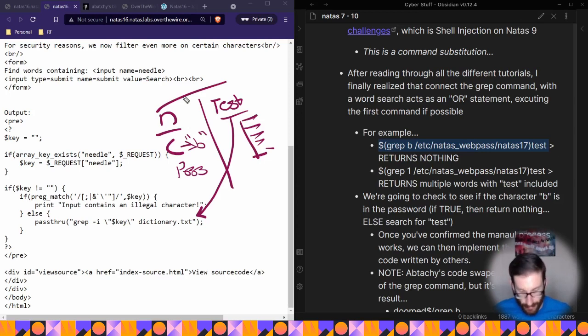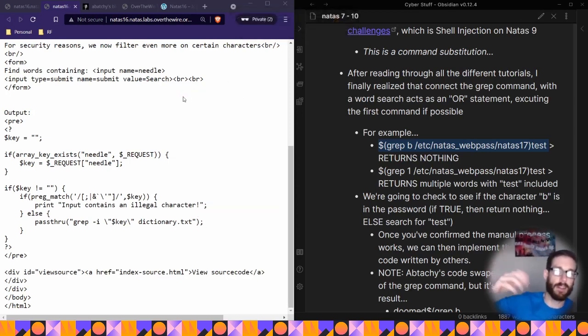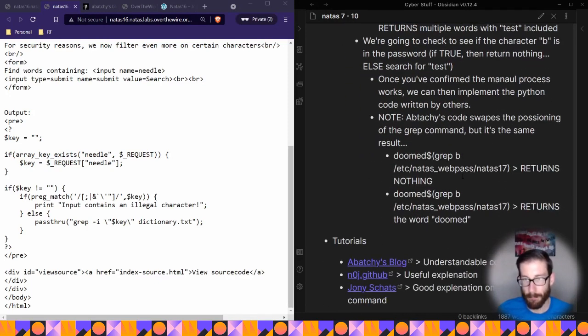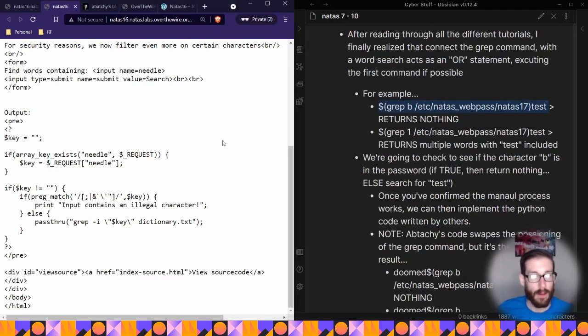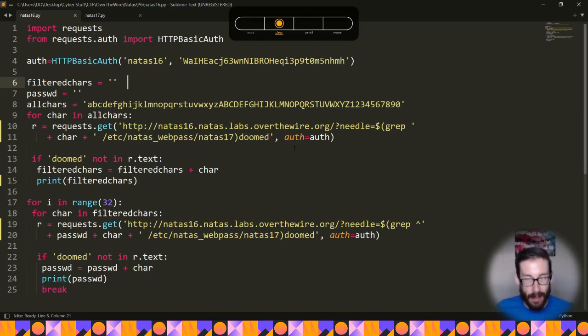If we can take that condition and put it inside of a program, we can run that program consistently, figure out what character is a part of the password, and then once we figure that out, we can order our password. So with that being said, I'm going to take you to the code. This is the code from Apache. I've moved some stuff around to make more sense to me, so I can explain it to you, hopefully. Let's jump into